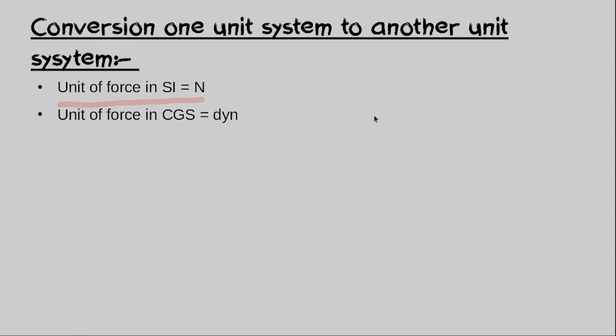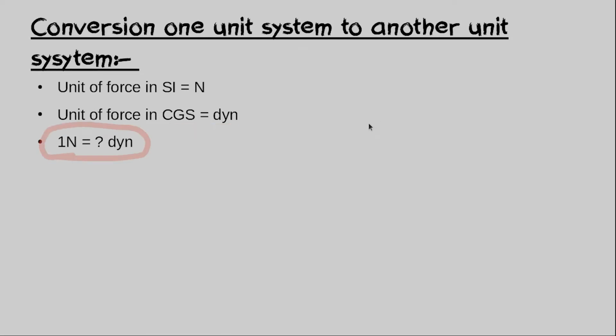Conversion of a physical quantity from one unit system to another unit system. Dimension can be useful in finding the conversion factor for the unit of a derived physical quantity from one unit system to another. Consider an example. The unit of force in the SI unit system is Newton and in the CGS system is Dyne. Suppose we want to find how many Dyne 1 Newton is equal to.